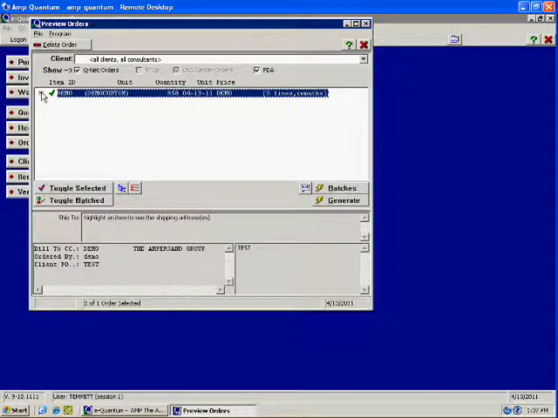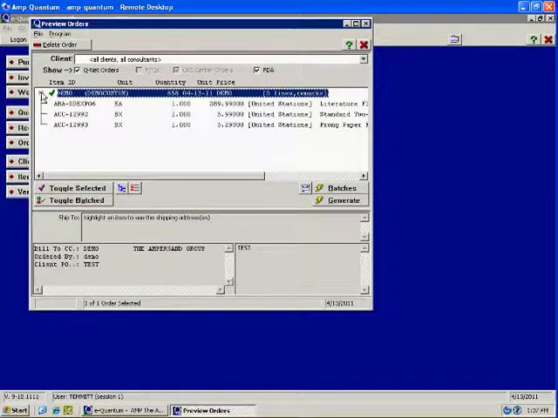If you click the plus sign next to the order, it will open it up and show you the line items. If you have more than one order and do not want to generate all of them at the same time, you can use the toggle selected button to add and remove the green check mark next to the order. Only orders with a green check mark will generate. Once you have the orders selected that you want to generate, click the Generate button,